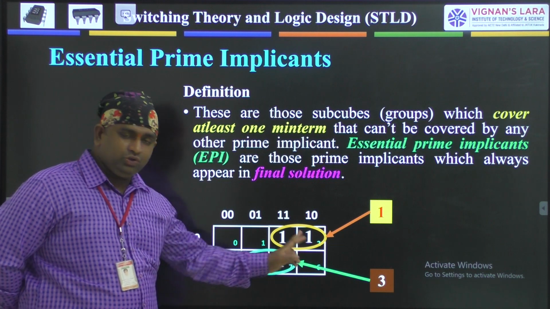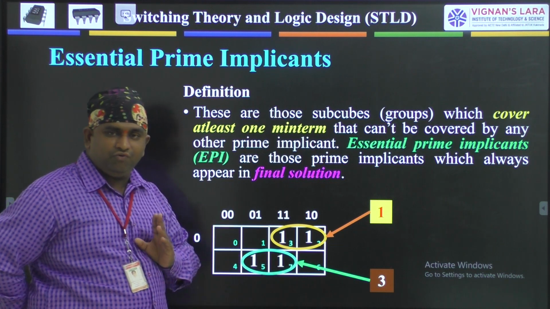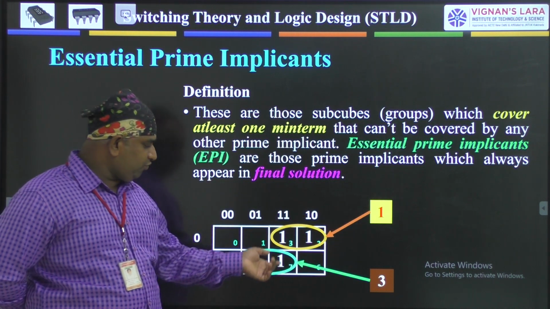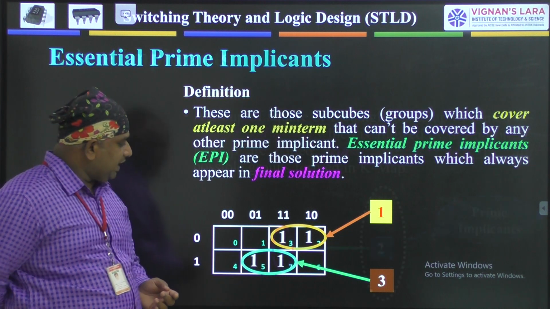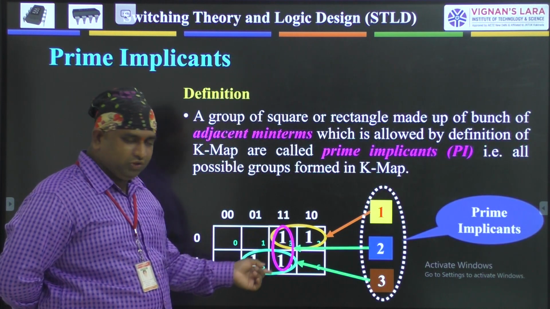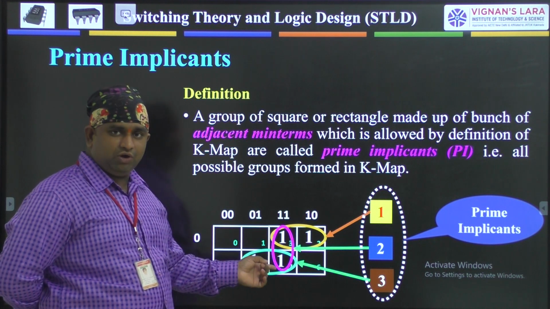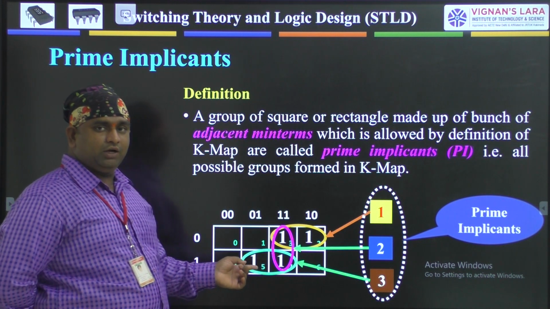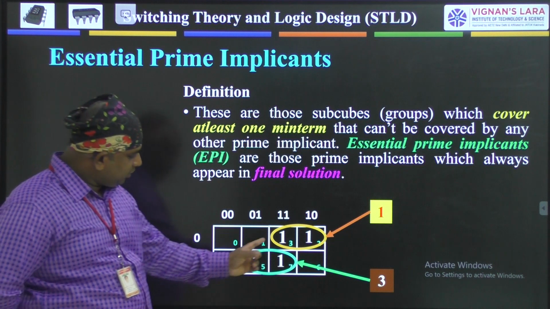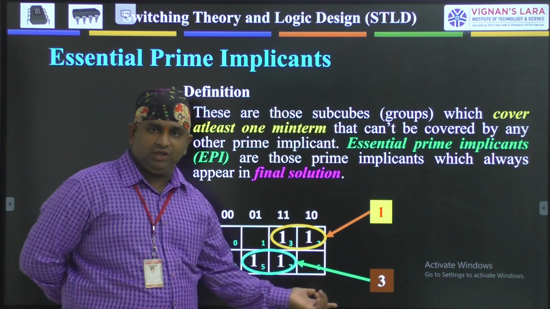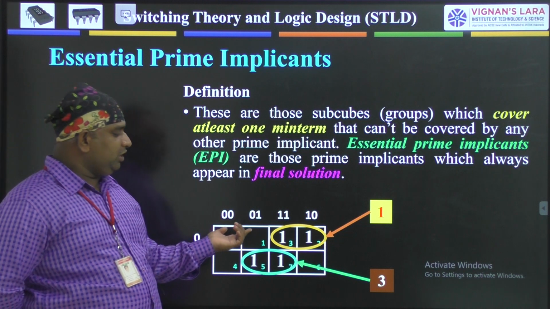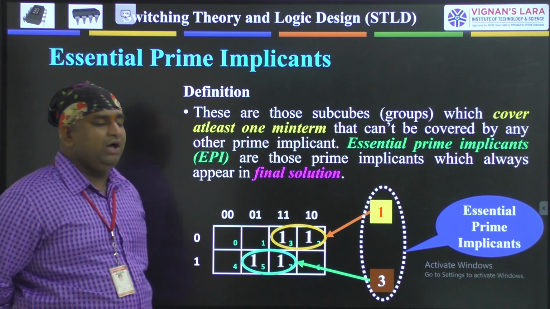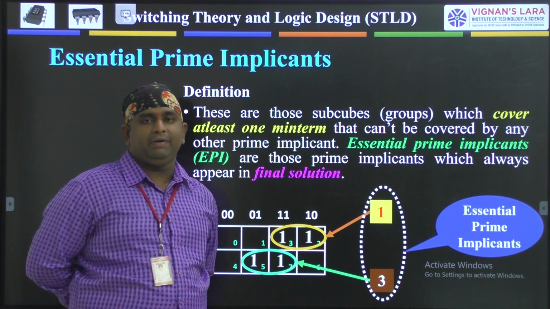See here, 2-3 we have formed a group and 5-7 we have formed a group. So the first group and the third group are very important. There is no necessity of the 3-7 group. In the previous slide we saw that we formed three groups, but there is no necessity of the 3-7 pair. For that reason we have removed the 3-7 group, and we show that 1 and 3 are enough to get the solution. So these two groups are called essential prime implicants.